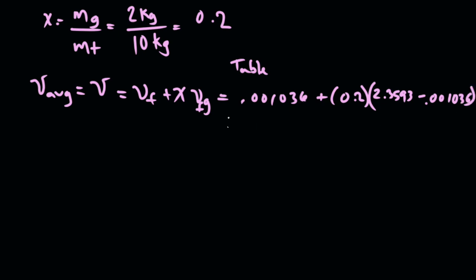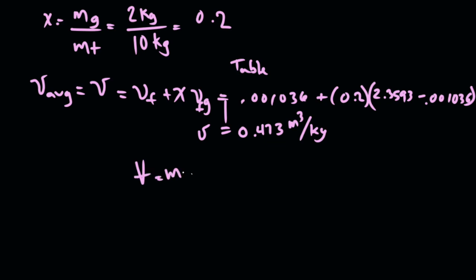All right, and when you do this calculation, we're going to find out that the specific volume of that mixture comes out to be equal to 0.473 meters cubed per kilogram. And now to get the total volume,